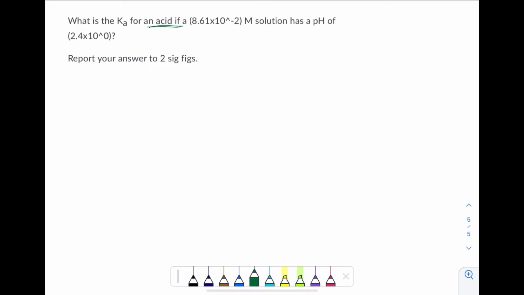I have an acid, a weak acid. I know it's weak because there's a Ka value involved. So I know what the equilibrium reaction is that it's talking about. For a weak acid, this is the generic equilibrium reaction that I can write, and I should write. There's going to be an ice table,